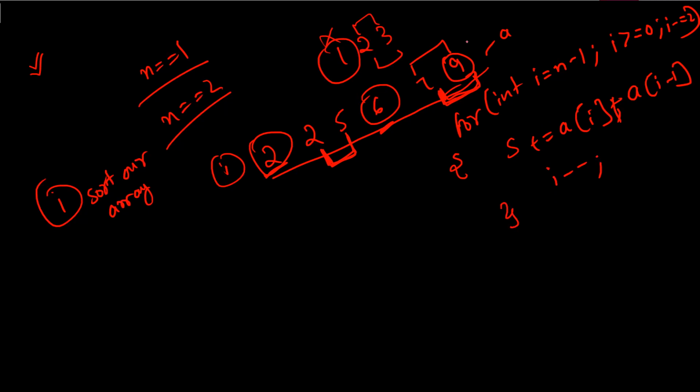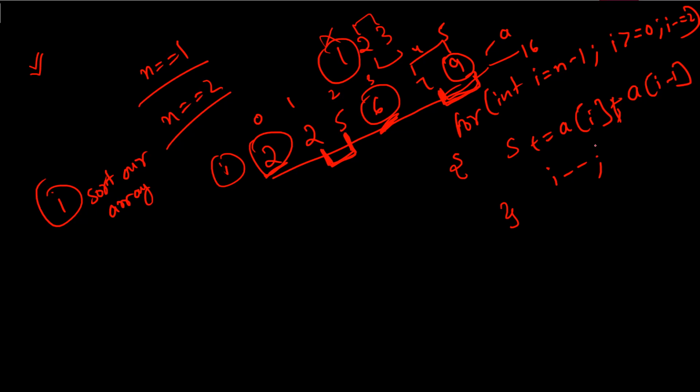So if you go through this loop, see what we'll be having. The element at the ith position as of now is 9. Let me put the indexing as well: 0, 1, 2, 3, 4, 5. So a of 5, a of 4, and a of 3, if you add them, you will be getting 16. And this one candy we are going to get free, so we are not going to include the cost of that. So that's why we are further reducing the i value. We are doing i minus equal to 2, it means 5 minus 2, that is 3, and one more reduction, so 3 minus 1, that is 2. So our i value is 2 now.